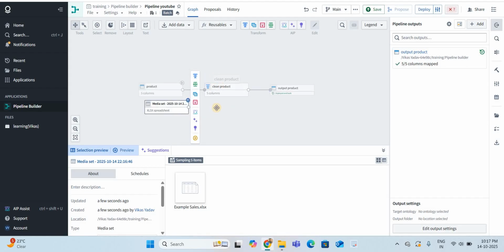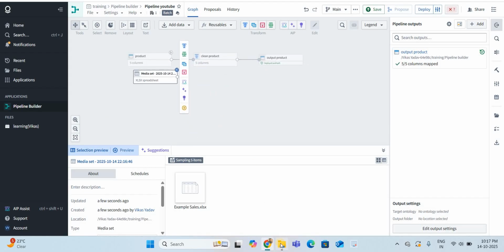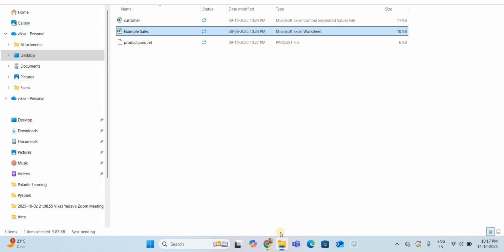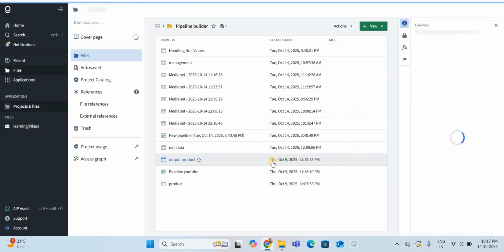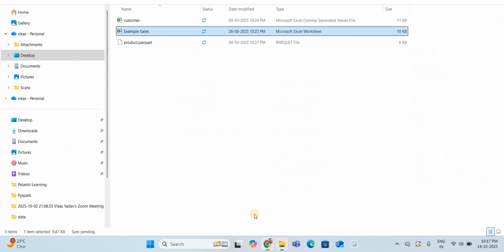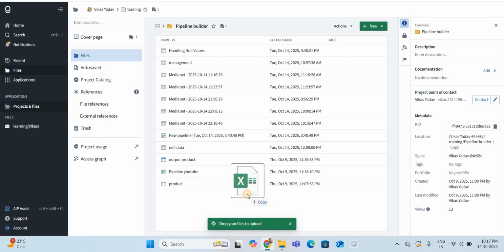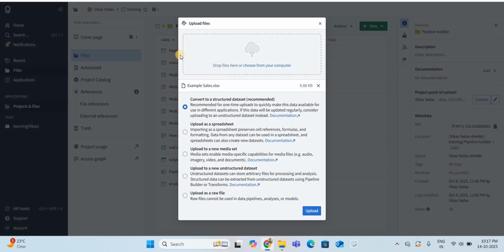The solution for this is to first upload the data from your local machine into Palantir Foundry. Let me add the data in my Pipeline Builder folder. This is my Pipeline Builder folder.